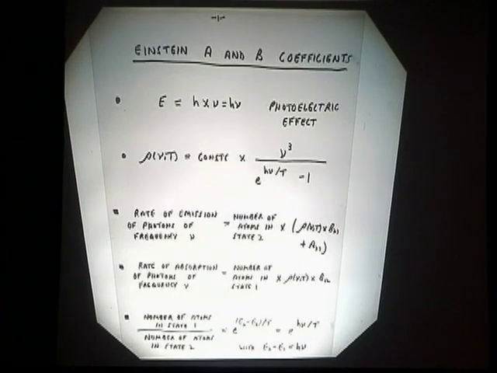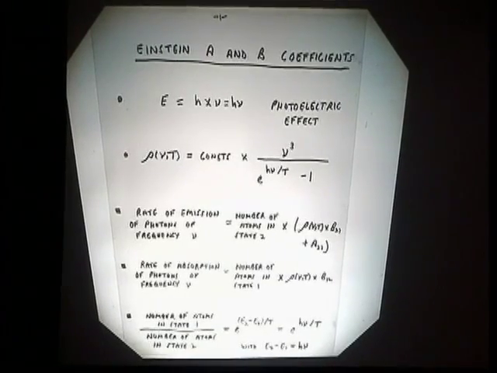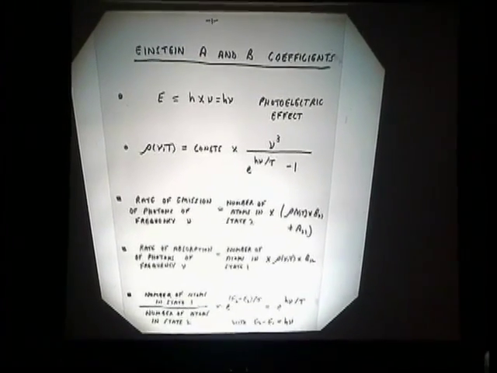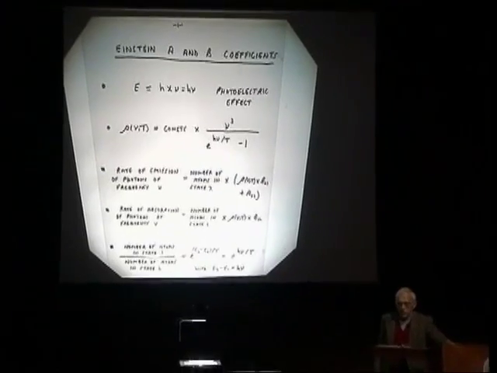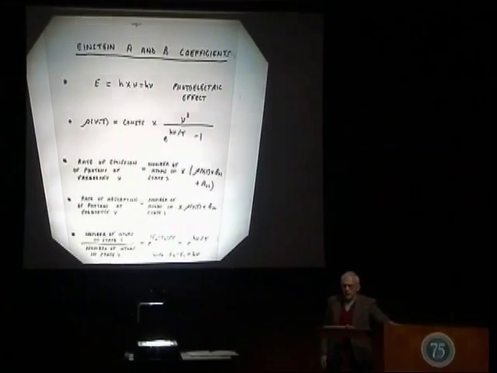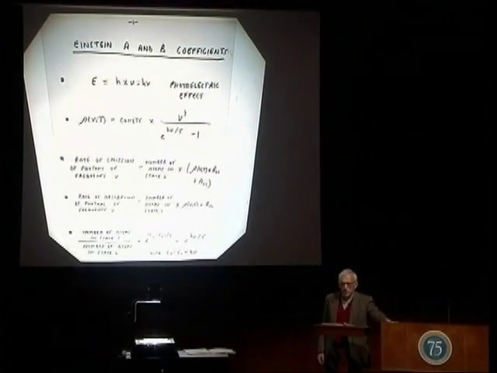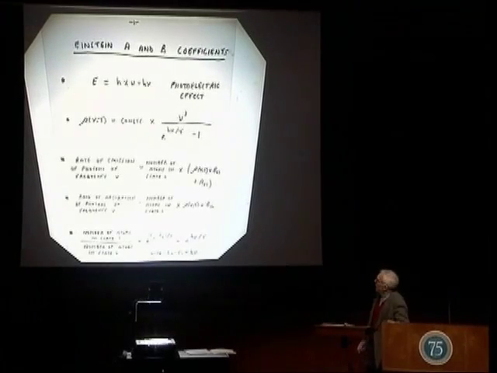He answered this as follows. From Bohr's model of the atom, it was already known that atoms can be in states of discrete energies. Consider a pair E sub 1 and E sub 2 of such energies, with a difference E sub 2 minus E sub 1 equal to h nu, with nu the frequency of a photon, with an energy matching the energy difference between the two atomic levels. Then Einstein postulated the following.